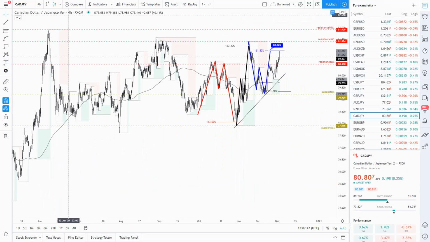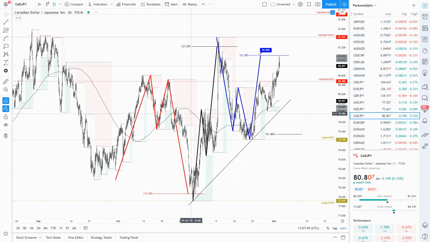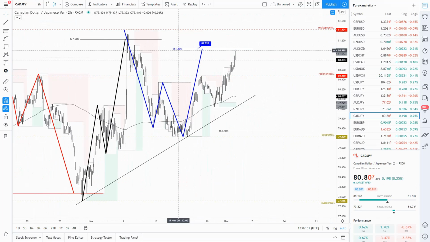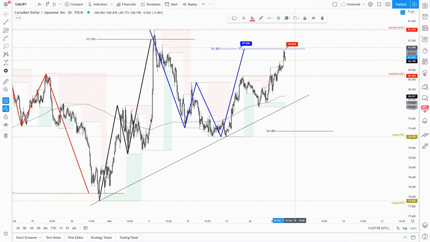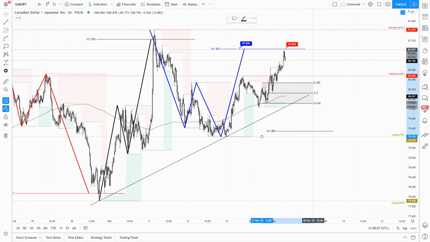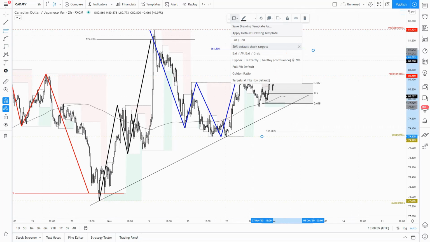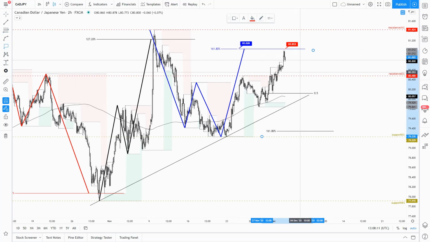CAD versus the yen. Also approaching the 168 extension and the bearish shark pattern completion point, just a few points above the most recent highs, 81.02, 81.01. So that's the bearish shark pattern. We can expect a retracement back to the 50% fib, which may put the price trading back to the 80.12,